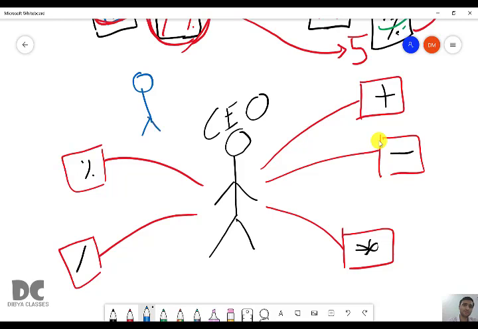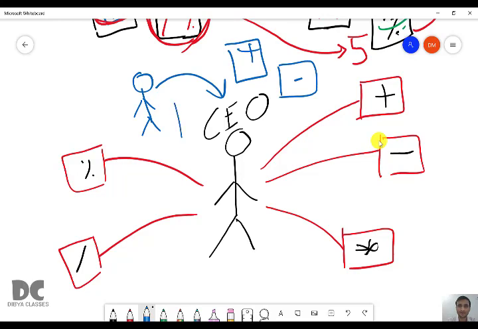Someone will come and tell you, the CEO, not the employees. Someone will come and tell the CEO that I want a software for addition, or I want a software for subtraction, or I want a software that has both addition and subtraction. They will tell the CEO, he is the boss of the company. He will not tell the employees to create a software for me. When this person tells you, that is nothing but giving you input. He is giving input to whom? The CEO.